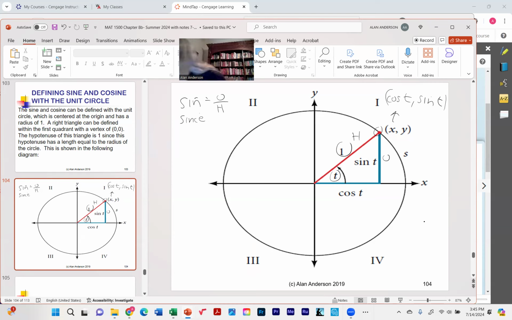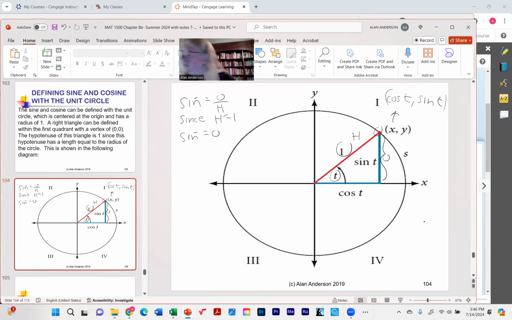Okay, so in other words, this is the sine of t right here. And that y coordinate you see here is the sine for that reason. The sine is the opposite, which means the height of that triangle,